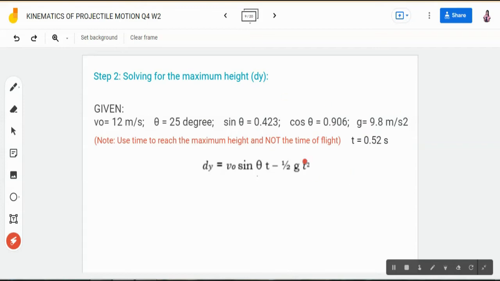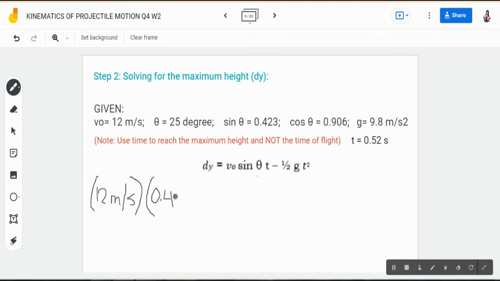Take note na yung gagamitin nating time dito is yung time to reach the maximum height at hindi yung total flight. Kaya nakalagay rito ito yung 0.52 seconds. So, ito yung formula na ating gagamitin for us to calculate the maximum height. Substitute lang natin again what are the given. We have the initial velocity of 12 meters per second. Lagay natin yung unit para makita nyo kung paano ba diniderive. And then, yung sin theta or sine value ng 25 degrees, which is